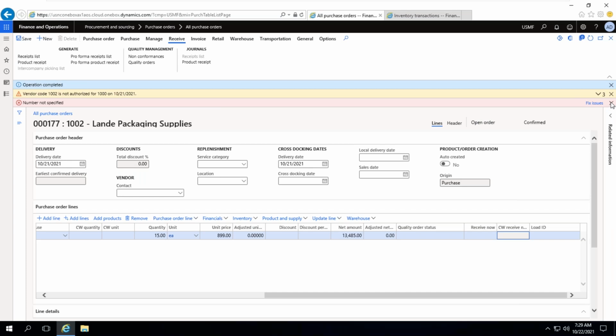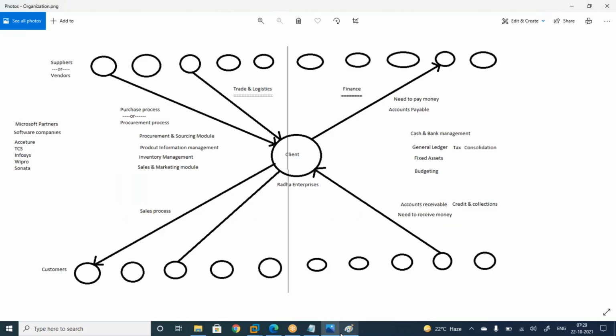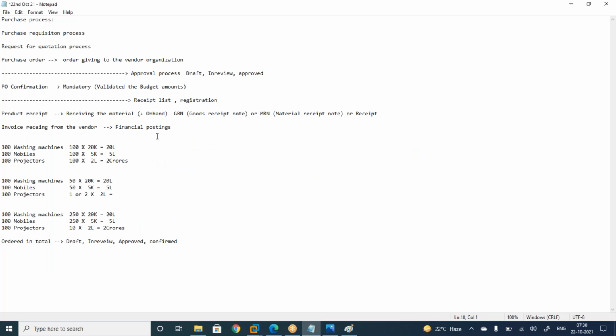Understood? So the purchase order process, or purchase process, is a lot. Today, whatever you have learned, it is maybe 2%, 3% out of 100. Just I have introduced. So for practicing purpose, everyone, you need to start practicing, like create a purchase order,